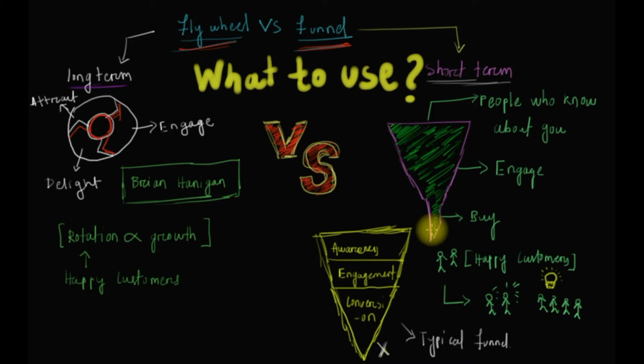But a flywheel is long term in nature. It's a circular process. It's not like you are putting something in at the top of the funnel and getting something out at the bottom. It's like a circular funnel, where you attract your customer, you engage with them, but after the engagement you do not let them go. You make them delighted about your product and service. Maybe you can offer them something, and after that you again attract them towards your product and service, then you engage them. So it's a circular, inbound marketing process.